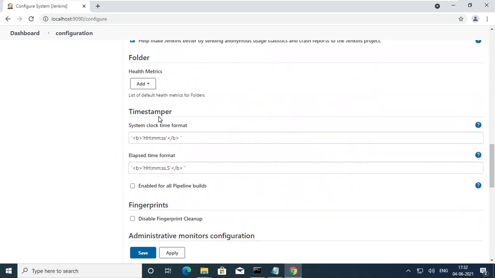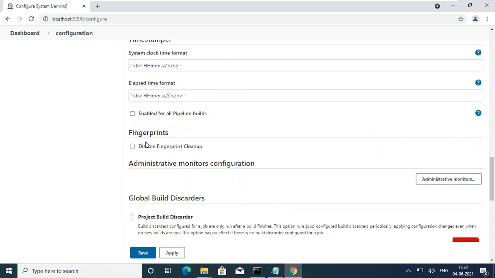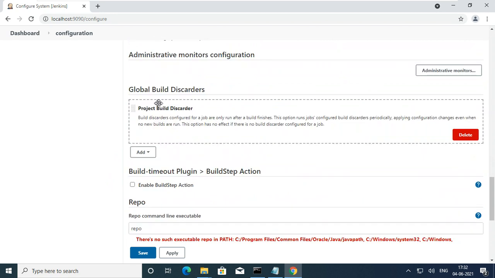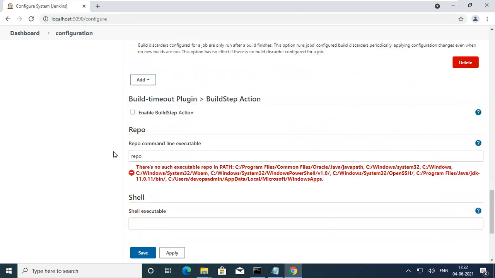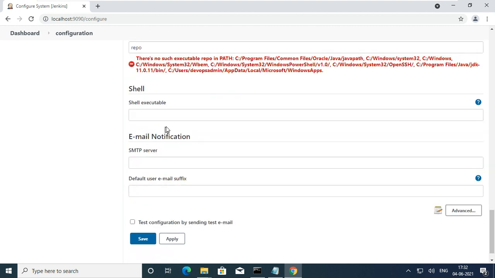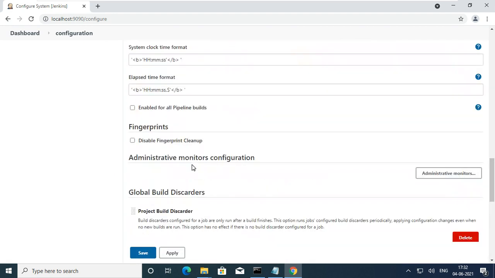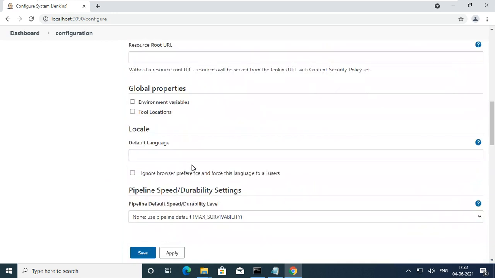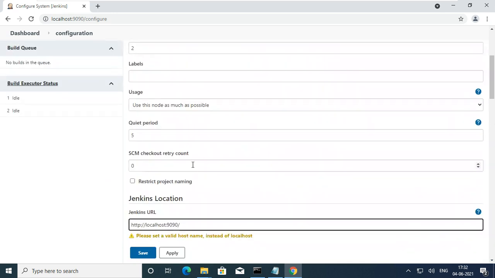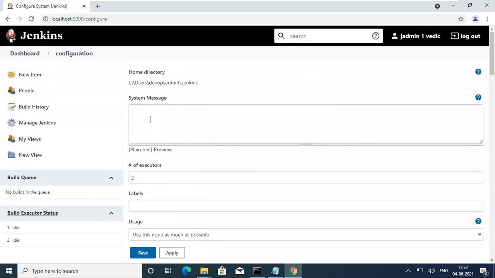Other things like folder, timestamper, fingerprint, build, repo. Email notification: if you have an SMTP server, you can specify it here. But in all these things, no need to change anything. If you want, you can just go through it. Next is the dashboard.